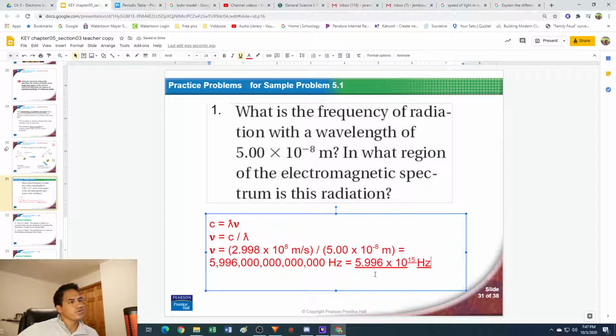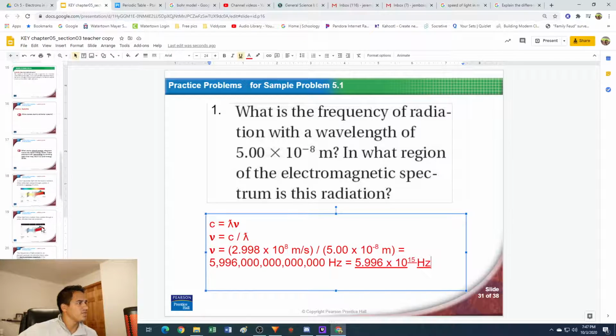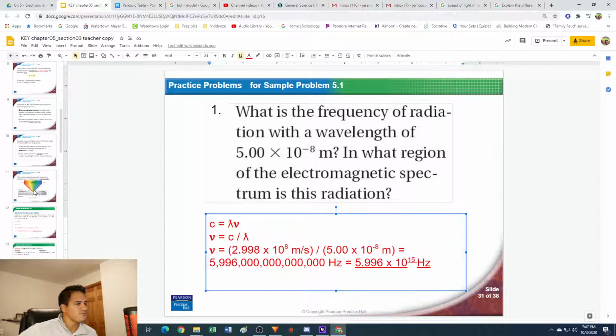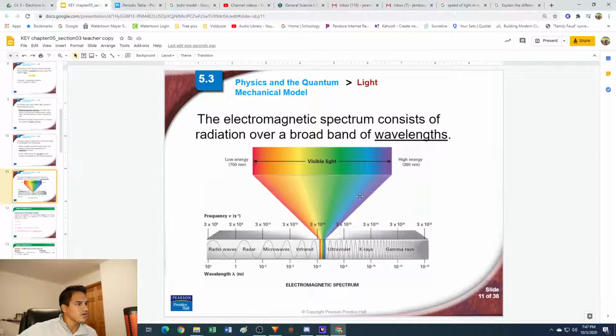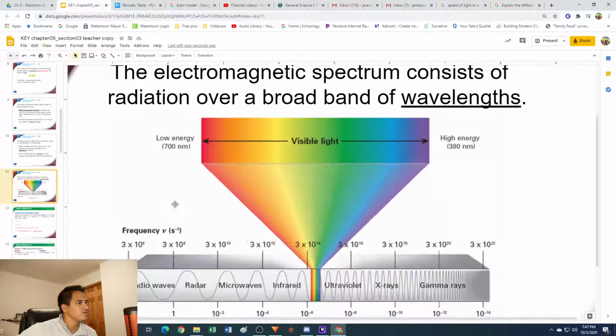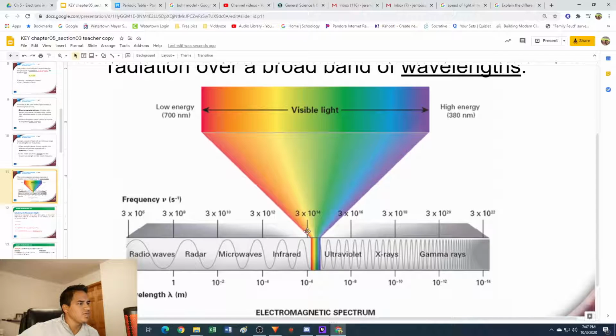In what region of the electromagnetic spectrum is this radiation? Let's go back in the chapter and find our electromagnetic spectrum picture, which is up here. Our answer is 5.996 times 10 to the 15th. If we zoom in on our electromagnetic spectrum, here's 10 to the 14th, and here's the 16th, which is ultraviolet. So 10 to the 15th is probably somewhere right in the middle,